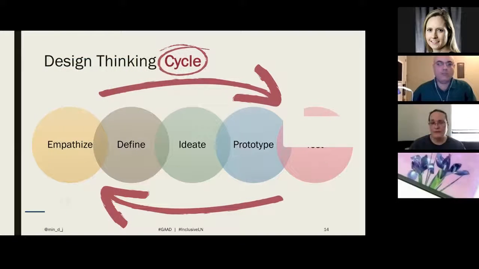Important to remember that it's a cycle and not just a straight line. Design is a never-ending process. We're never actually done. We're always improving. But that's one of the main things I think about when thinking about design in